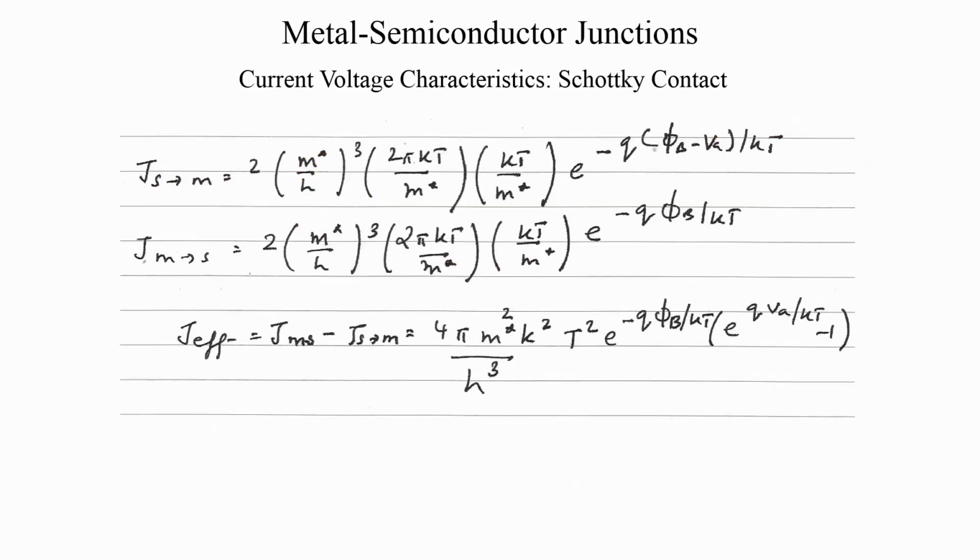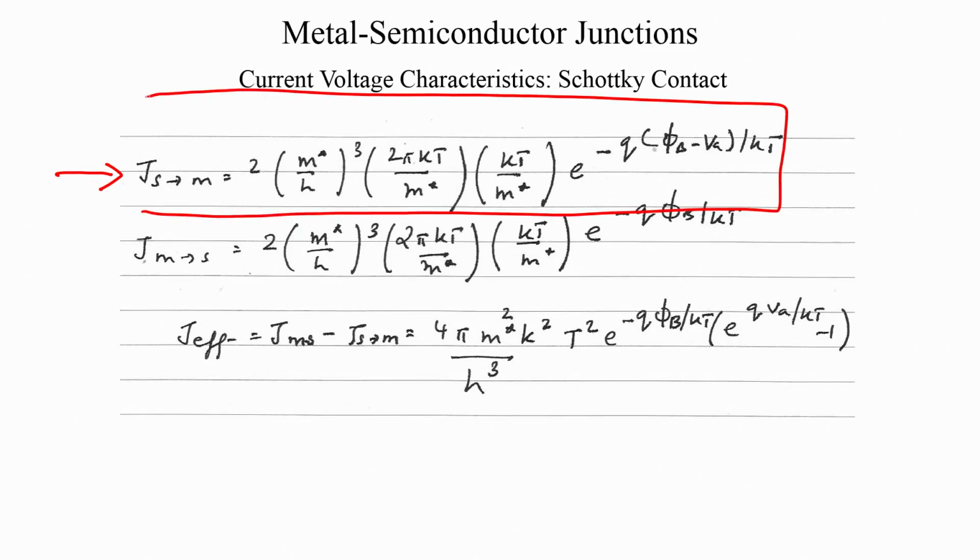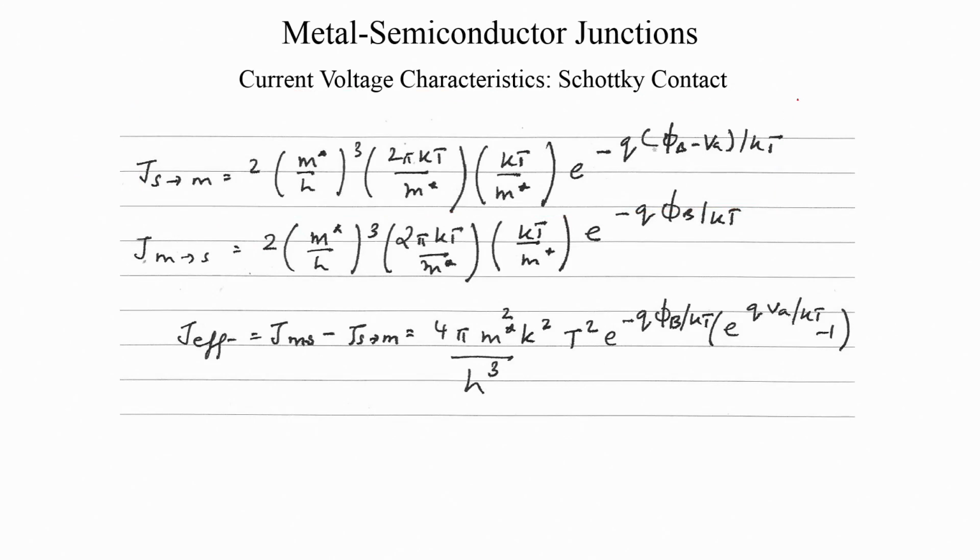You solve for these three integrals and you will end up with an expression for the current from the semiconductor to the metal, and we will find that it is dependent on Va, because the V minimum requirement is dependent on Va,